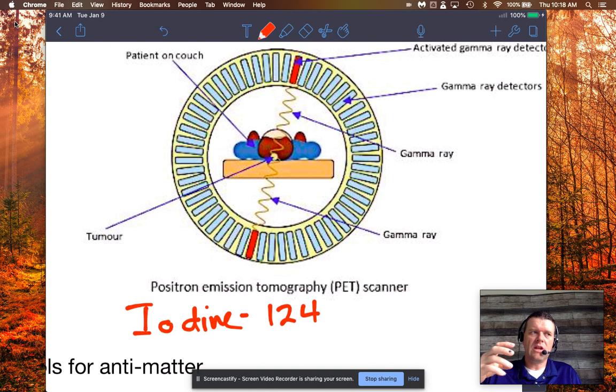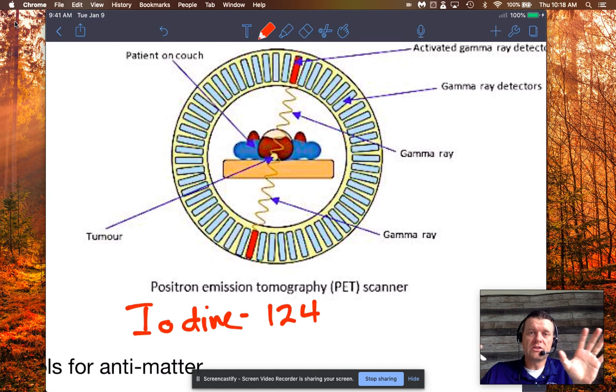These proteins or these enzymes, or sometimes they're sugars too. I think the video talked about a sugar. But anyway, they travel through the body and they're typically taken up by tumors, okay? Like a cancerous tumor is a good example. It's overactive, it's uptaking sugar greater than the healthy cells around it, because it's multiplying and stuff. So if there's an area in your body that is uptaking this tracer element with a greater intensity than normal, then this iodine-124, all on its own, because it's not stable, will undergo beta positive decay.